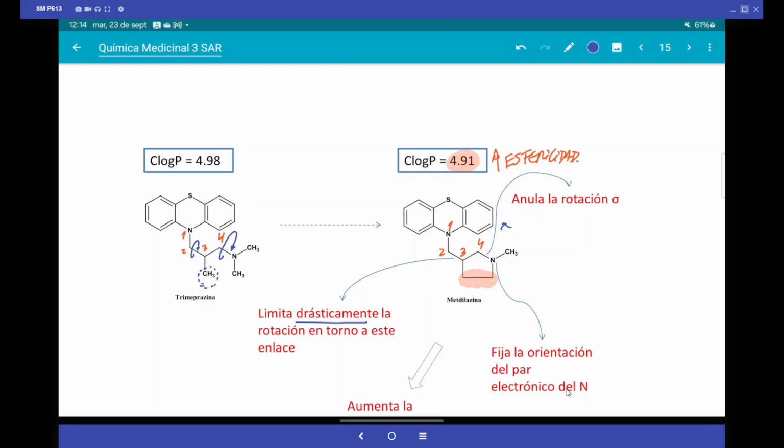And finally, it says here, fix the orientation of the electronic pair. In other words, I am going to ask you: which of the two derivatives is more protonable? There is an analysis, the open or the cyclized one. Technically, which has greater protonation, and look at the explanation. It is not so trivial. What happens is that